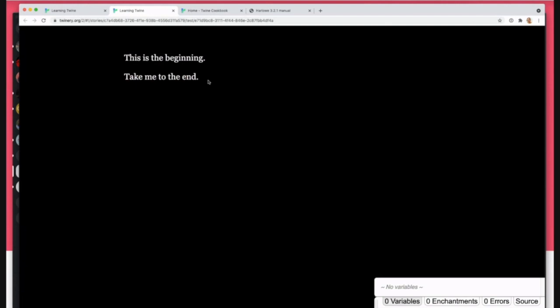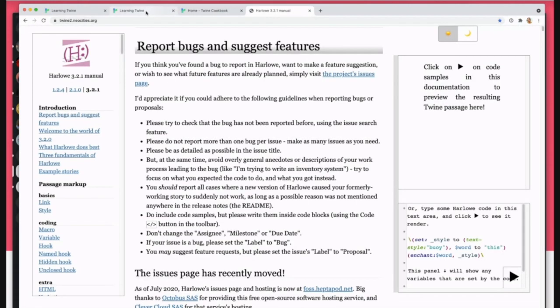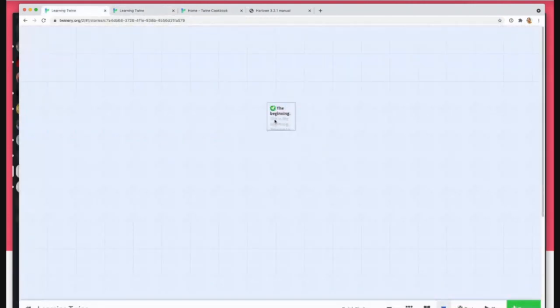Because I didn't add any markup text, I can click on this and I think there should be an action there, but because I didn't add that one thing that I'm going to show you right now, it is still just text. If I go back to, oh, apologies, I've got a couple things open here to show you. There we go. If I go back to my passage, and I'm going to click on pencil this time to